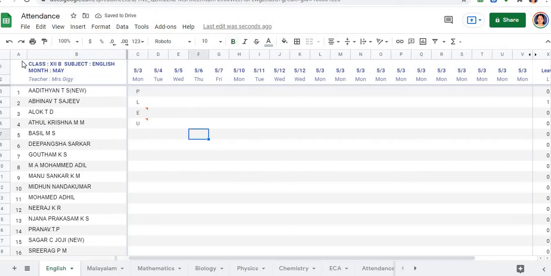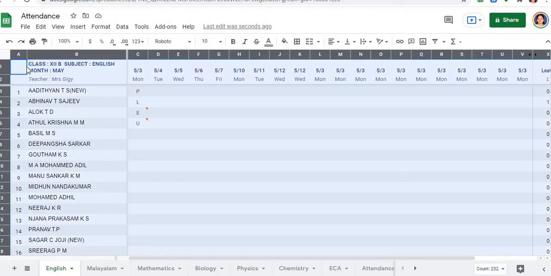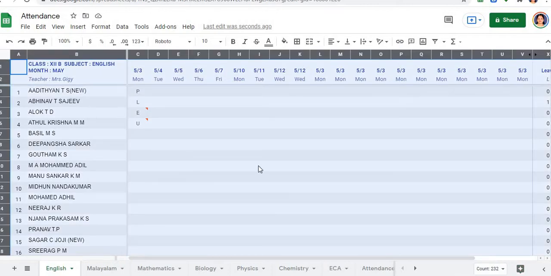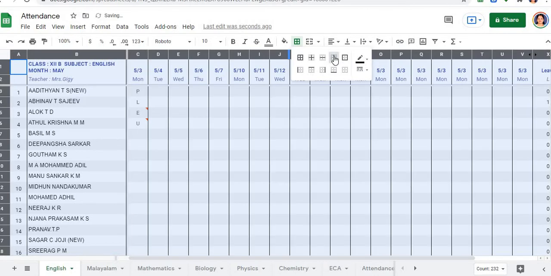And the next thing that I would like to do would be to put a border or a margin. Now for which what I'm doing is, okay, I'll just once more show you, like clicking on the corner of this, you can get the entire spreadsheet selected, okay, and then this is the borders, okay, click on that, you get the various options for the border. Now being an attendance register, I would like only the vertical borders made, so I'll click on the vertical borders. You can see the vertical line being placed.